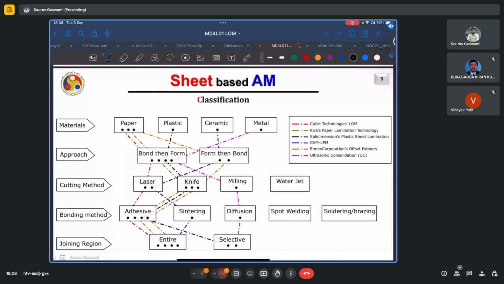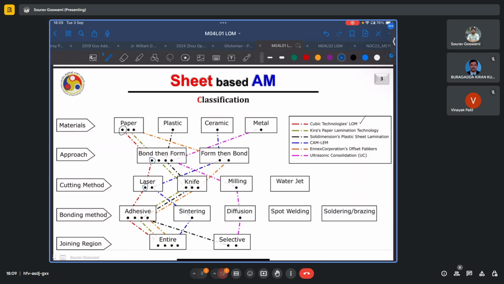Again, we have this very helpful subsystem-based classification of the processes. So first, for Cubic Technologies' LOM, we see that it uses sheets of paper as the raw feedstock material, and uses a bond-then-form strategy. We'll talk about both the strategies in a minute: bond then form and form then bond. For cutting, it uses a laser. The bonding method is via adhesive between the paper sheets, and the entire sheet of paper under one section is